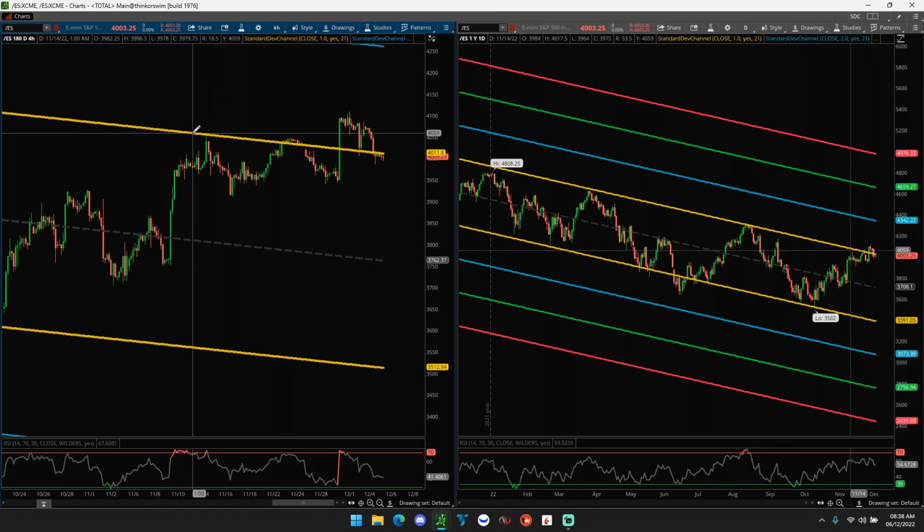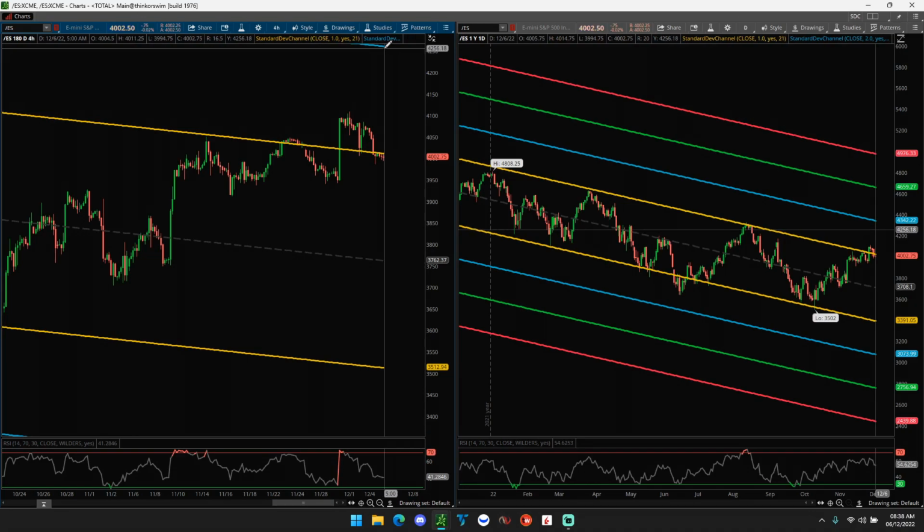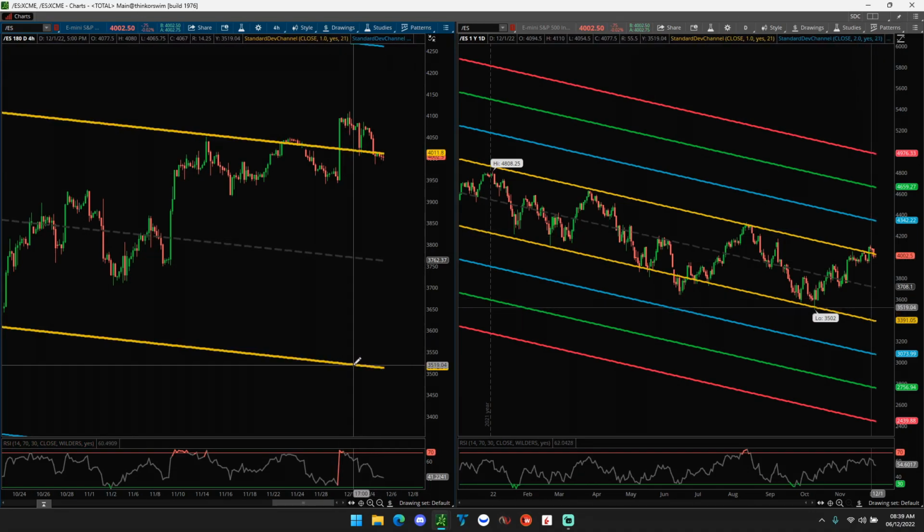Again, the reason I like stating this, even though this one's played out, it's the exact same. If we come into the second deviation, we're looking for the same thing. If we go back down to the first deviation, we're looking for that same thing. So that trade plan and trade strategy is always there.